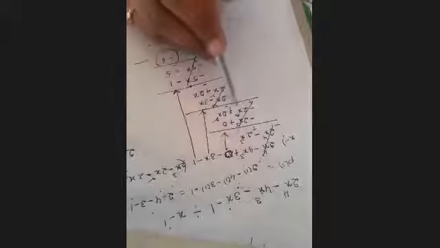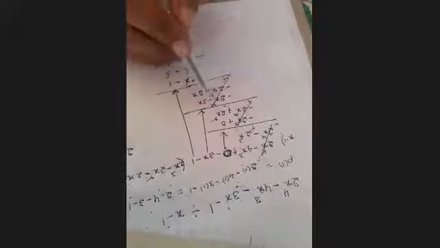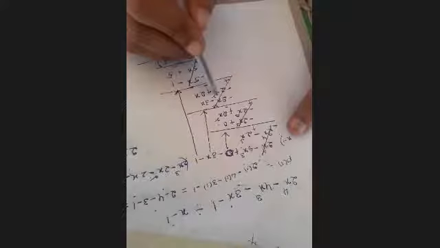So again here, how many times is it possible? 2x square times it is possible for the x cube. 2x cube, so minus 2x cube, x square into x means minus 2x cube. Minus 2x square into minus 1 means minus into minus plus, 1 into 2, 2x square. So again 2x cube will get cancelled here. Again here minus 2x square. Again with minus 2x square, x, how many times is it possible? Minus 2x times it is possible.